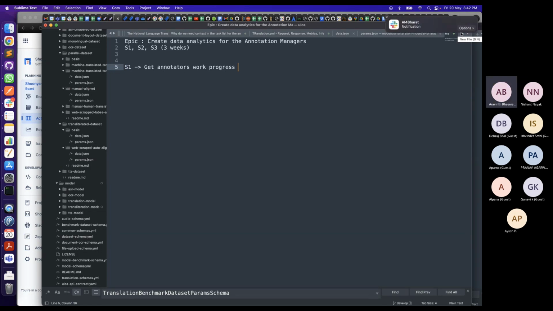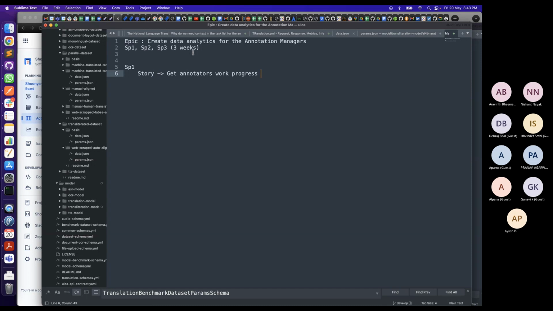Okay, coming back to the story, right? Let's say I've created one story. Just to avoid confusion, I've put it as sprint. In sprint 1, I'm taking stories. So these are the stories. We can still break the story down into tasks.